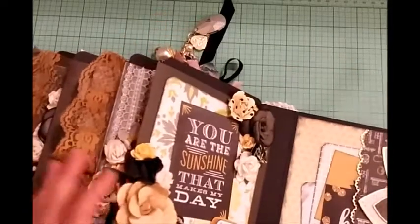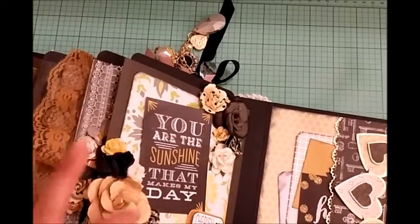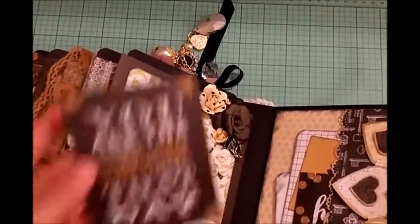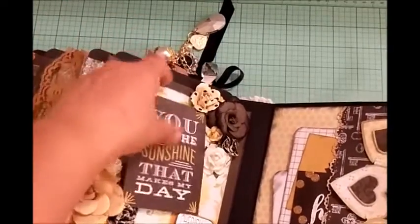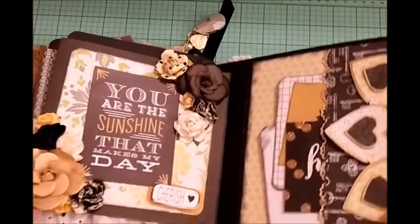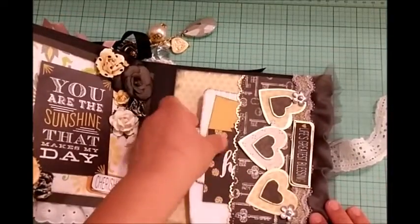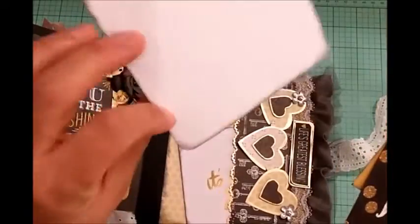Then over here, what I did was a mat with flowers, a sticker from Michael's, and then I just tucked in this where you can actually put a picture. So you can just cut your picture to this size and tuck it in, and the flowers will hold it. Of course, you could glue it down so it'll stay. And then the last one, another pocket. It's all good. And this one,